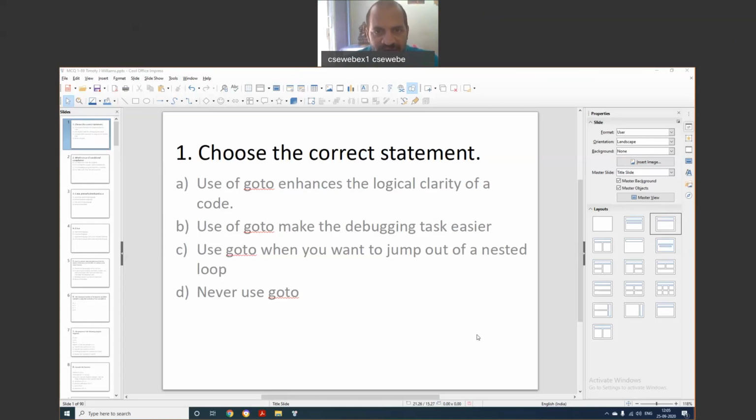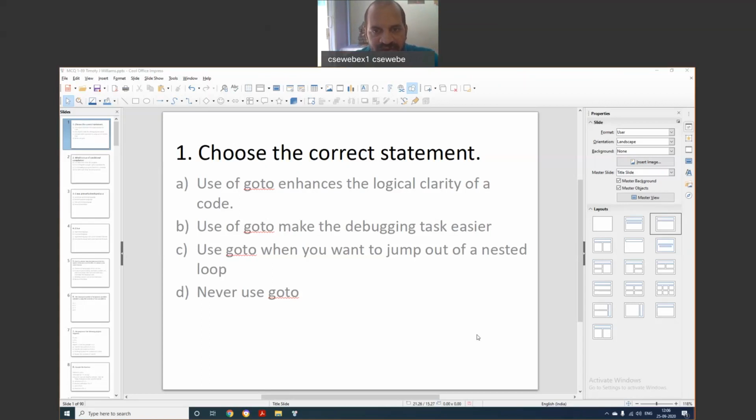So now we can write goto L1, and wherever L1 is there, the execution will go to that place once this goto is executed. And no doubt at all, goto will be used based on some condition. Generally, if condition: if this condition is right, then execute the goto. Directly, nobody will write goto.